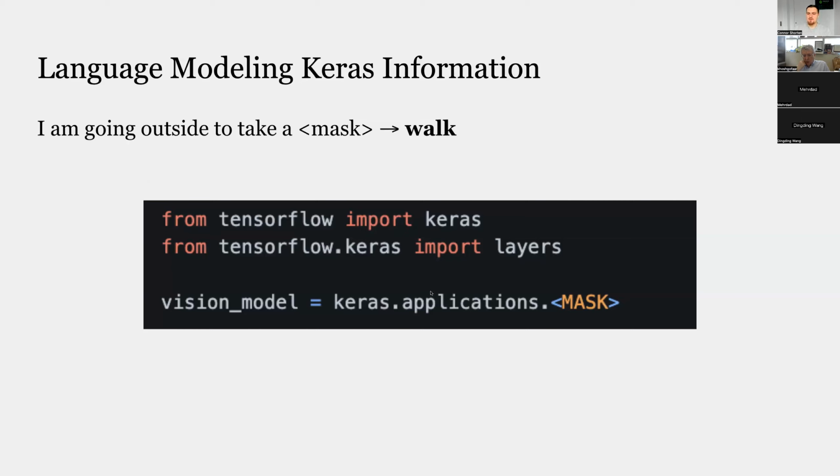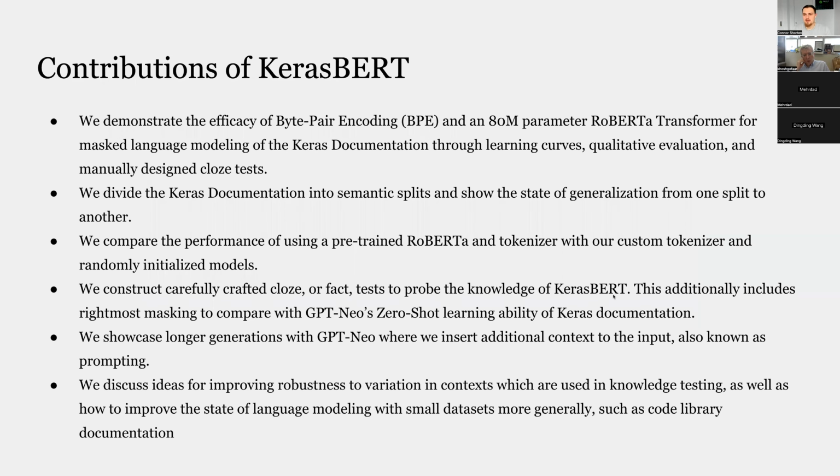So what it would do is, you would mask out parts of the code. So Keras applications dot, in this case, maybe it's ResNet here, something like that. So in Keras-BERT, we did a lot of experiments with 80 million parameter RoBERTa-based transformers. We just showed the basic effectiveness of this, and designed some intuitive tests that show where it can fill in the mask token and it is sensible in how it did it. Then an interesting thing is we extended this into the book chapter showing the domain generalization. But before getting into that further, we also looked at some details like the impact of pre-trained fine-tuning on this.